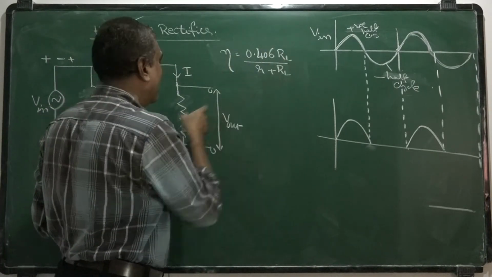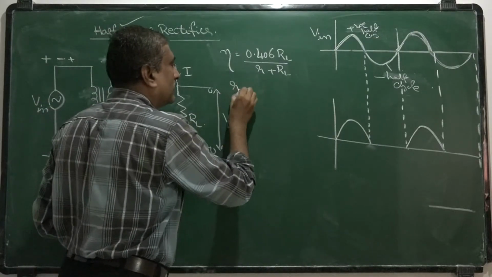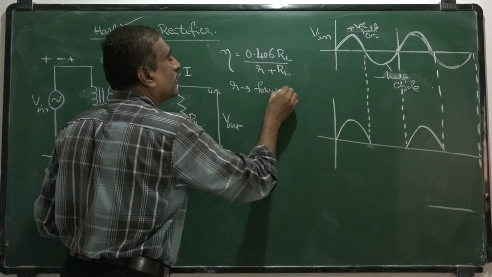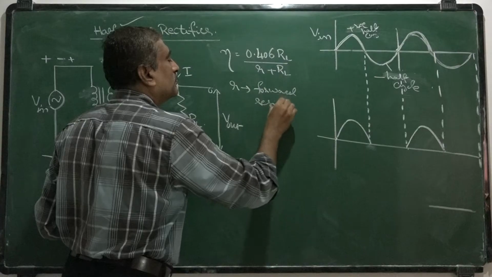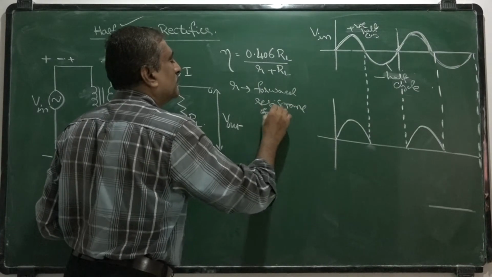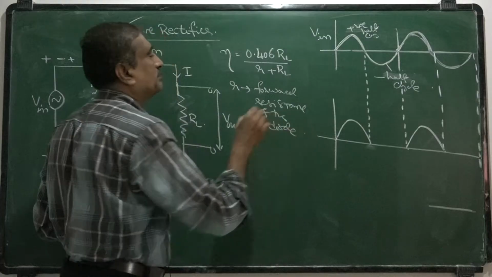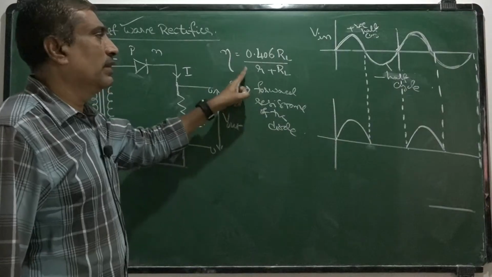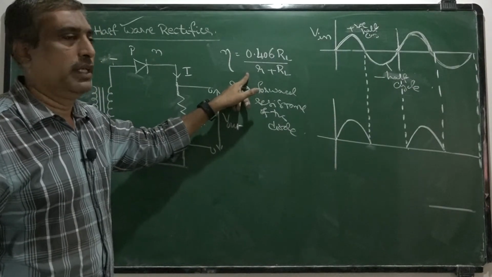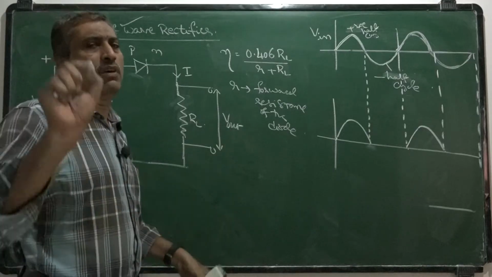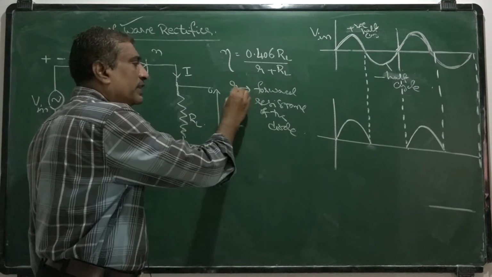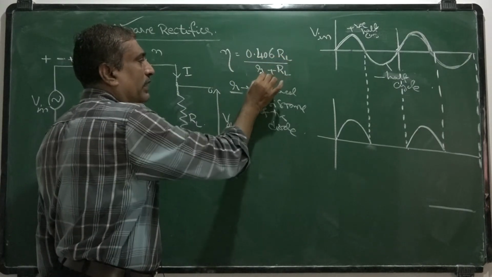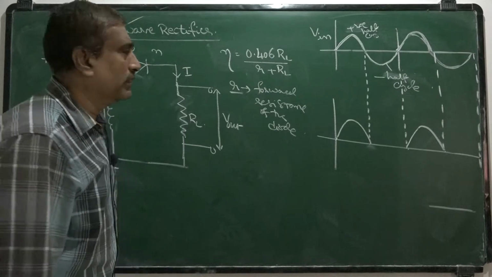Here RL is the load resistance and this small r is called the forward resistance of the diode. So this is the efficiency of the half wave rectifier. That means during forward bias it offers a very small resistance. If we assume that is small r, then the efficiency of this half wave rectifier is 0.406 RL by r plus RL. Now this is the simple working of